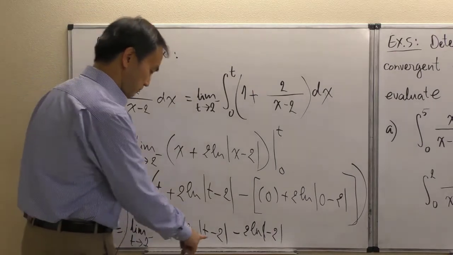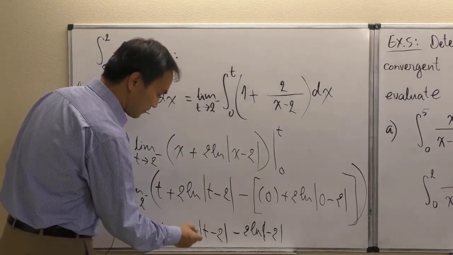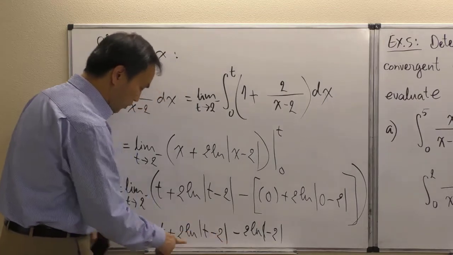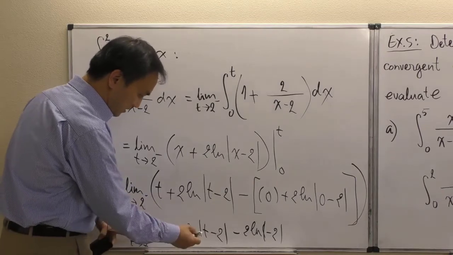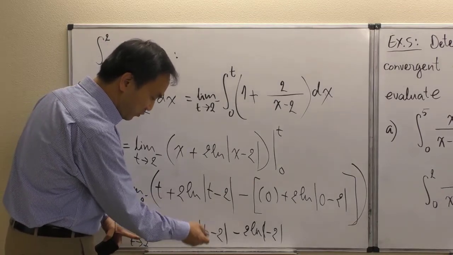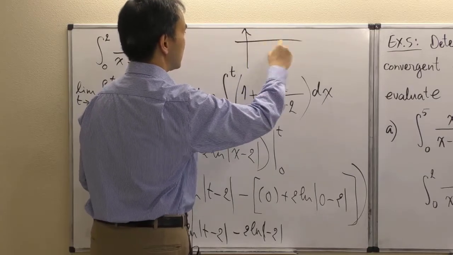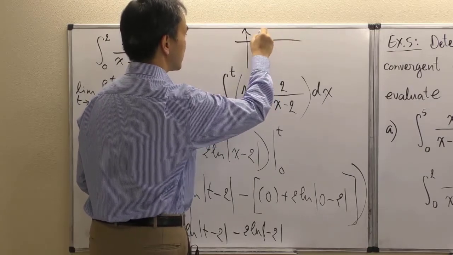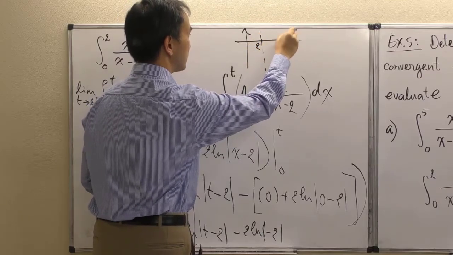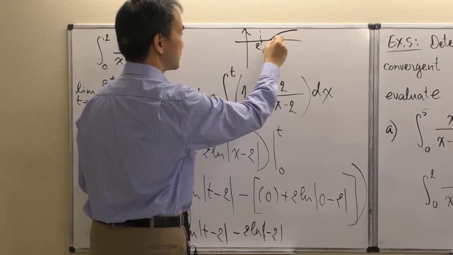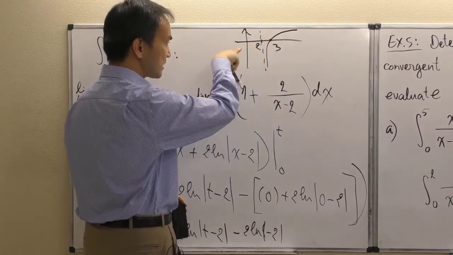similar to the explanation I've had, this function here, this logarithm of t minus 2, will get to negative infinity, because natural log of t minus 2 will have a vertical asymptote at 2 right here, and then the logarithm will look like that. It crossed the axis at 3, and so as we're getting closer,